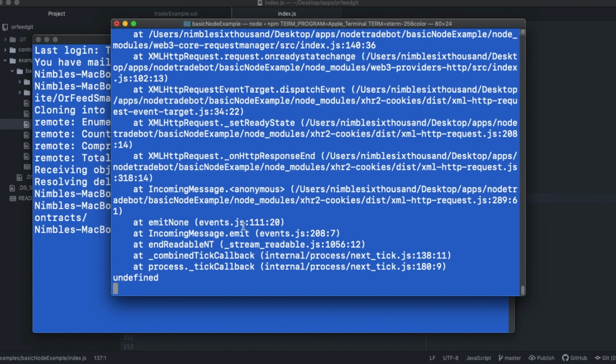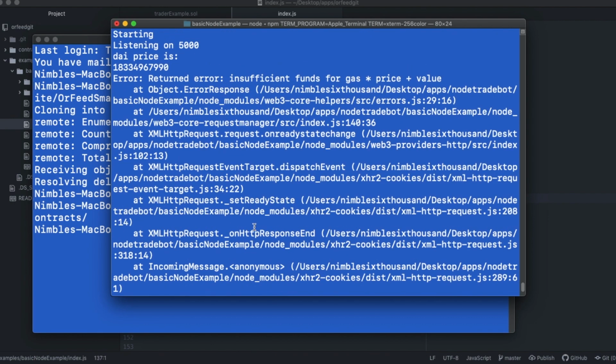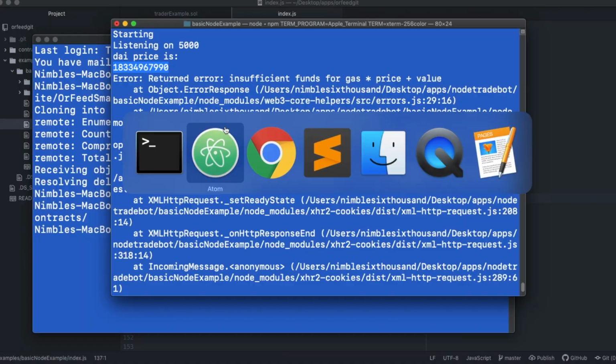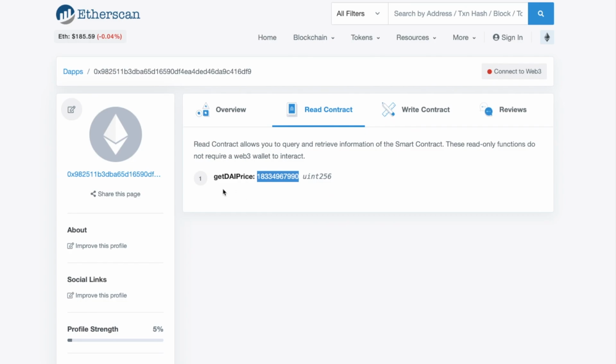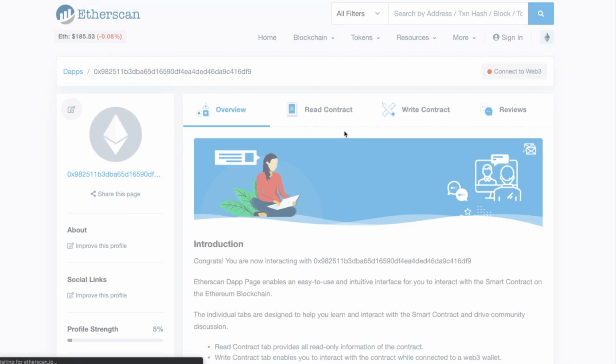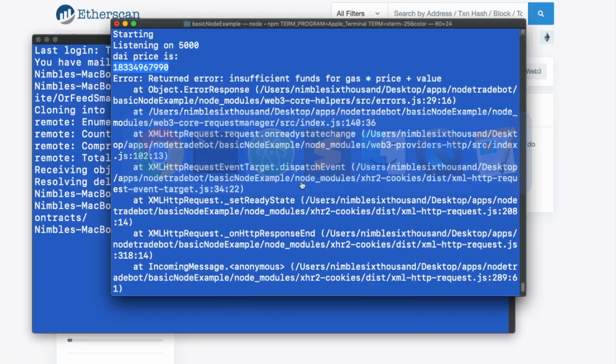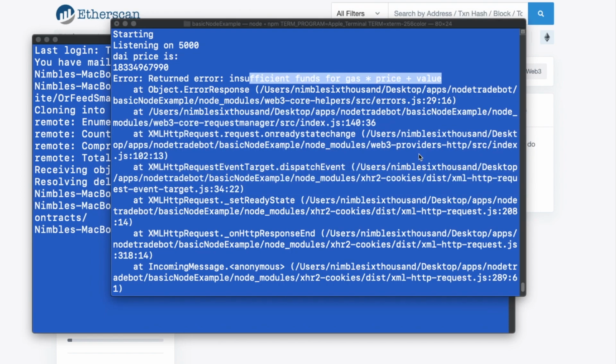So I'm going to say /example transaction. Check your console, and in my console, first thing I'll see. Now you'll get this error because there's no money in there. The first thing you'll get is the DAI price, and it'll say, let's check this, 183.3496, blah, blah, blah. And I'll go back to the smart contract and read the contract. Let's see. Yep, 990. Yeah, cool. So that just read the smart contract. And then it says insufficient funds. You don't have money, dude. Like, whatever. And I don't.